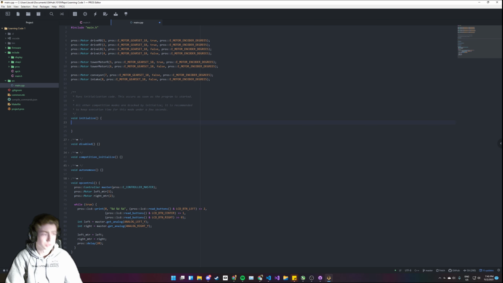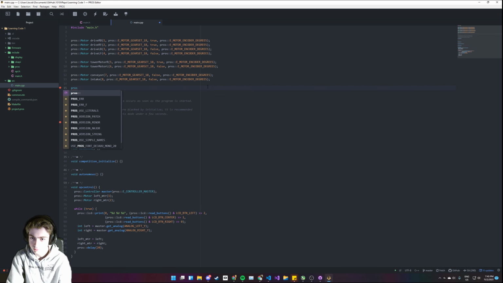Now, instead of void initialize, we're going to want to make sure that we have a tab outwards here. And then here, all of our motors are now initialized, so our program knows what they are and stuff. Oh, sorry. We're also going to need to, in here,